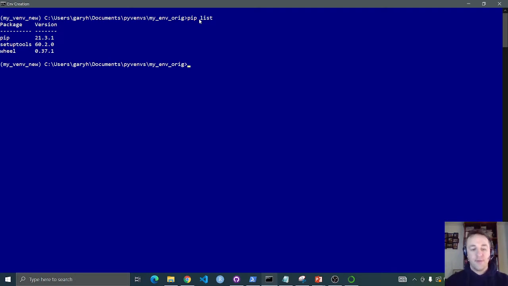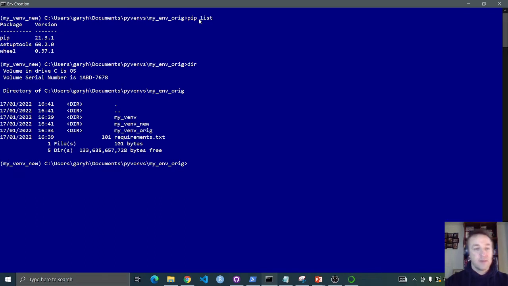Okay, so if I list again, you can see I've got this requirements.txt file at the top level. So I'm going to want to stay at this level because I want to use that requirements.txt file to install some new packages into my new virtual environment. So this is dead simple. You can go pip install -r, which is the switch, and then you use what you want to install it from as a text file. So it'll be my requirements.txt. And because we use pip freeze, we know that it's got the right format. So if I hit enter here,